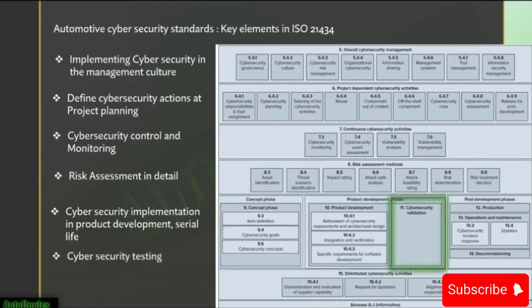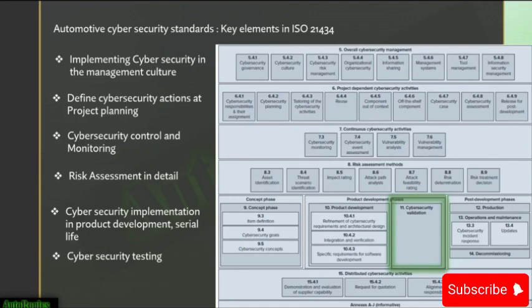Then comes the cybersecurity validation. This chapter mainly describes the activities for validating the previously cited cybersecurity measures and activities at the vehicle level, performed after the integration of the components has been completed. The item is considered in its operational environment, which is at the level of the vehicle, using the configuration intended for production and operational vehicle use, which means all the end-of-line test features disabled.